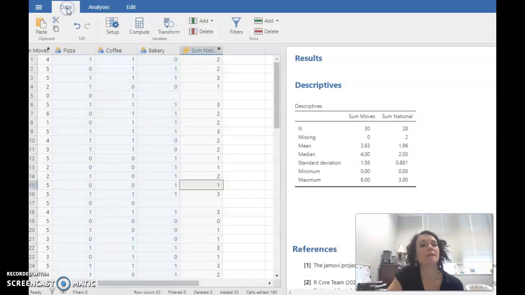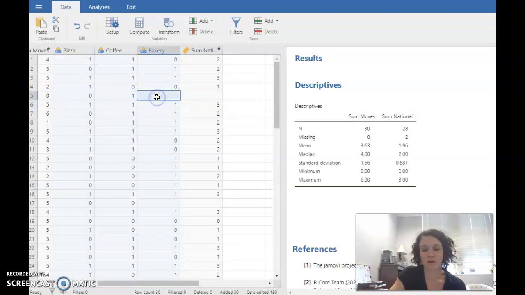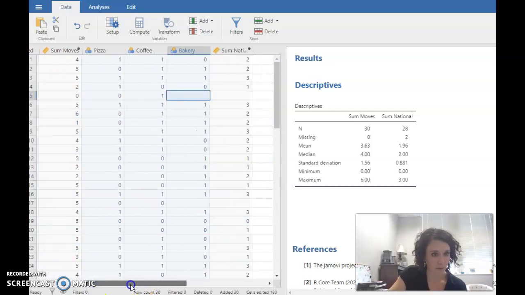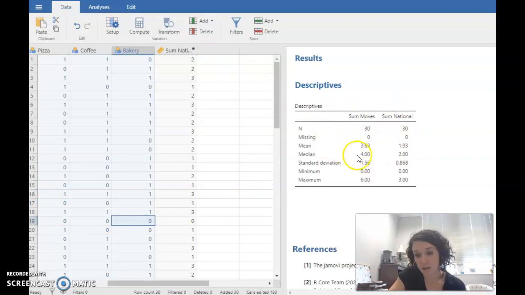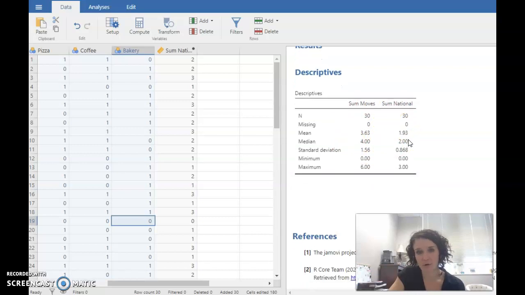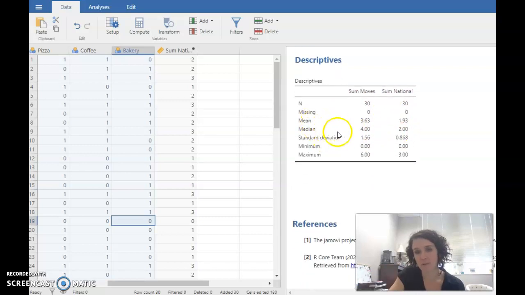So we come back to data, we look at our data that's in front of us that we've collected. We say, oh, number 5 right here, I didn't enter him. He moved however many times and he prefers national for bakeries. So we add our 1. And number 17, same thing. He prefers national. So we add our 1. That fixes our data. It automatically corrects it over here in Jamovi. So now we can see all our data is input correctly. This gives us the mean, the median,